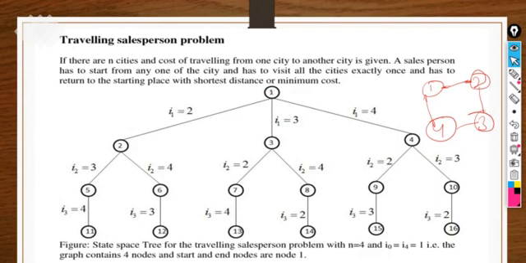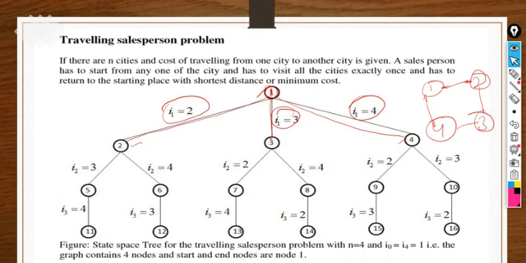So I'm starting here with 1. Just take it like, what are the possibilities here? Either you can go to node 2, node 3, or node 4. So you can go to any node. Here i represents the node number, and these are the 3 nodes that we are taking here, 2, 3, 4. So no need to get confused, right?